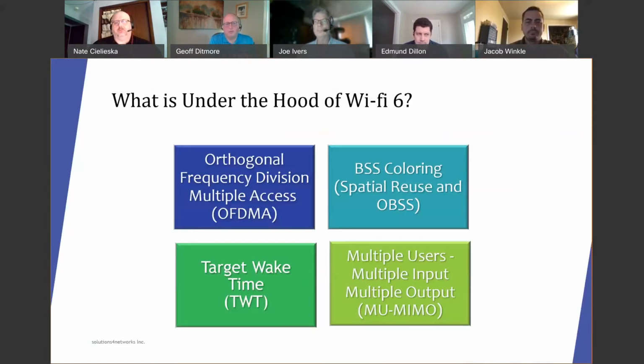But we're really going to focus on OFDMA, spatial reuse and BSS coloring, target wake time, and multi-user multiple input, multiple output, or MU-MIMO. These are some of the fundamental changes in the Wi-Fi 6 standard that are really going to deliver a lot of value to our clients as they deploy this in their environments. So with that, I'm going to hand this over to Joe to talk a little bit about